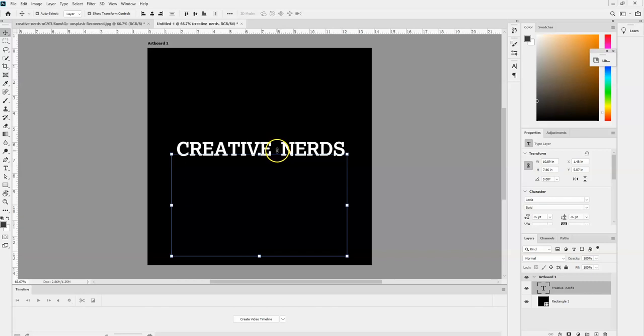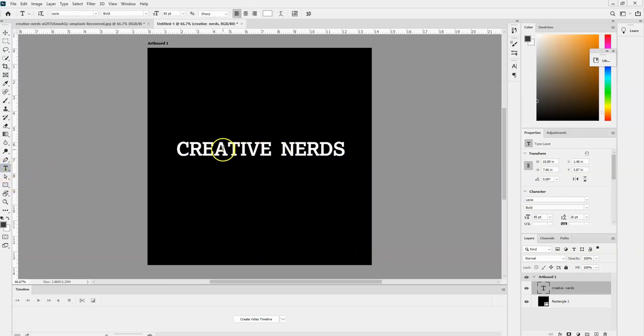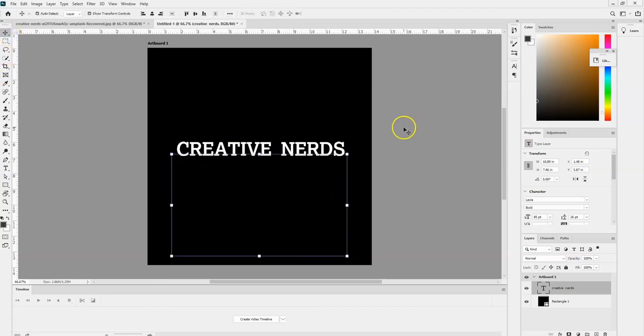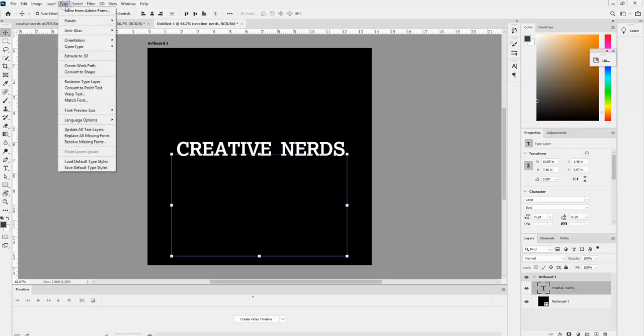So to do so, what we need to do is grab the type tool and just simply write out some text. So we'll just use Creative Nerds for the purpose of the tutorial, where you can write whatever you want. So once we've written out our text, we're going to select that particular layer, and then we're going to head over to type, and then you'll notice there's an option called warp text,